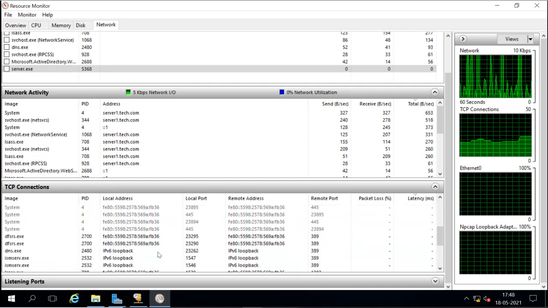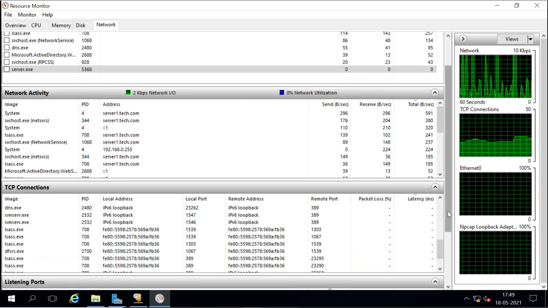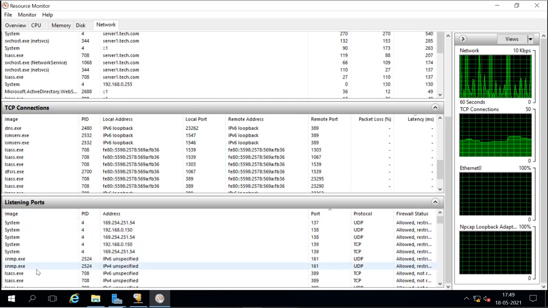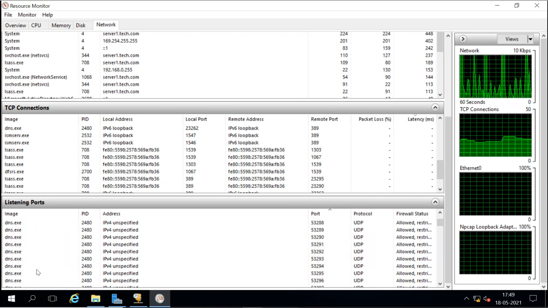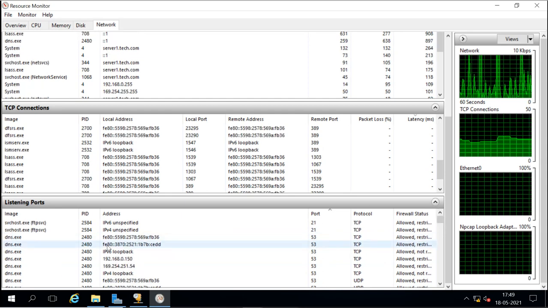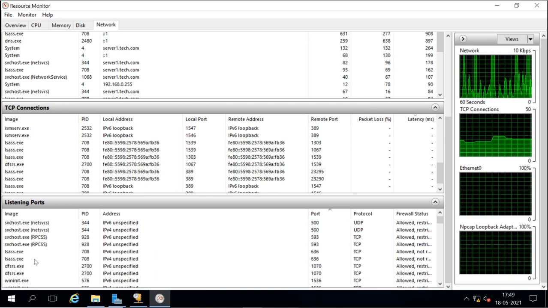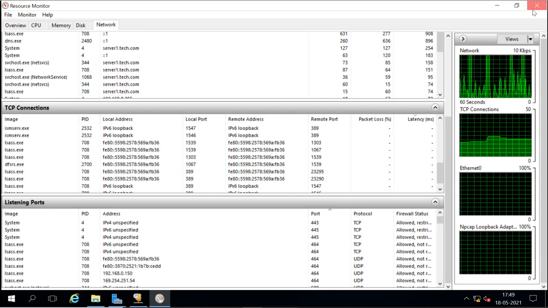We can check the listening ports also, and here you can see the virus Trojan that is listening on your system. So these are the different tools you have to monitor the process.